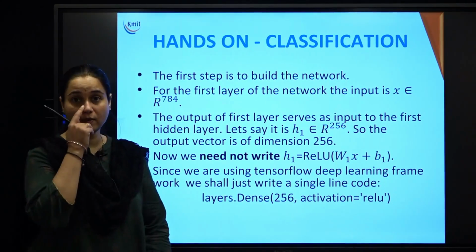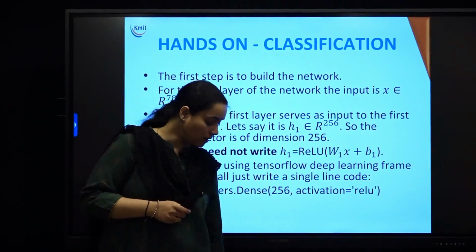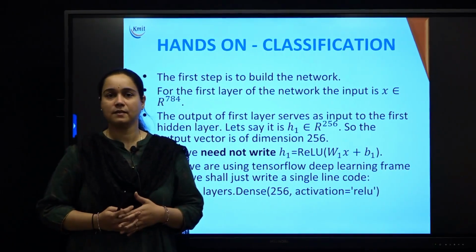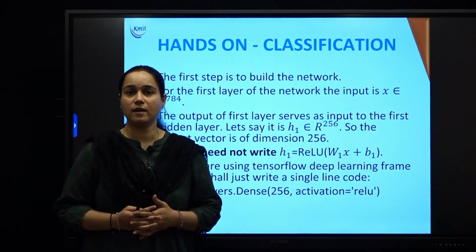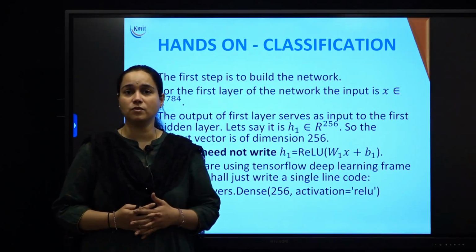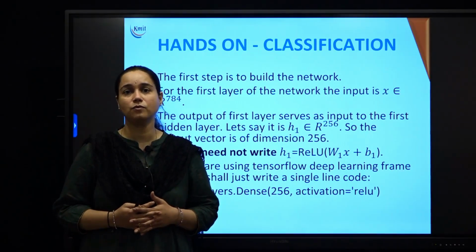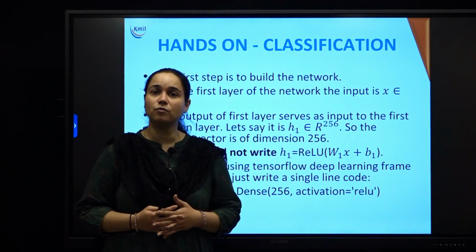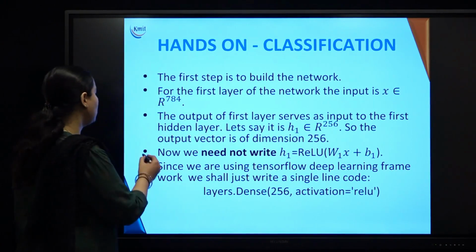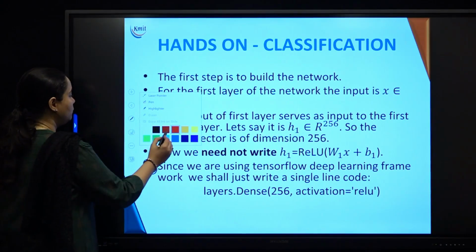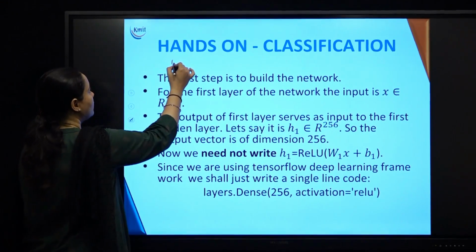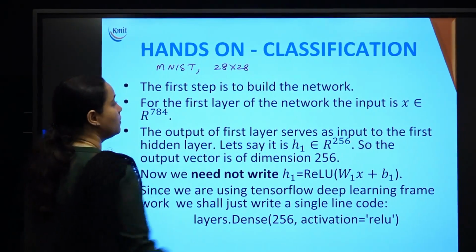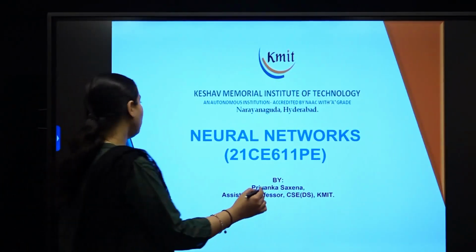Now, we have seen what is classification, and I told you about a data set that we are going to work on, which was the MNIST data set. So, what was the MNIST data set? If you recollect, you have 70,000 images of handwritten digits from 0, 1, 2, 3, and so on up till 9. And these 70,000 images have been resized to a pixel value of 28 by 28. So I told you we are going to use the MNIST data set, and each image is precisely 28 by 28 pixels, and the output